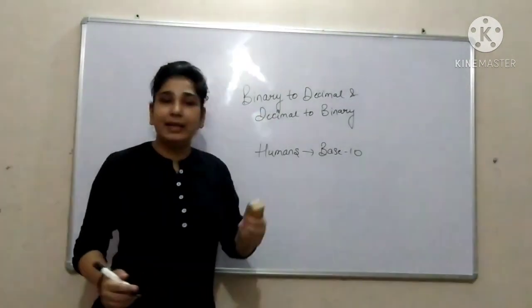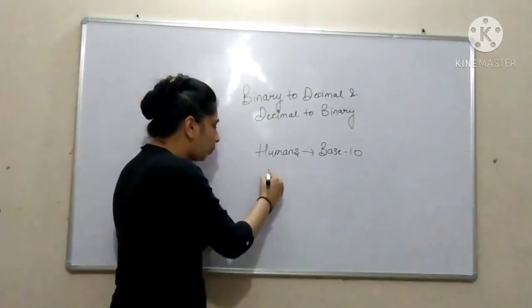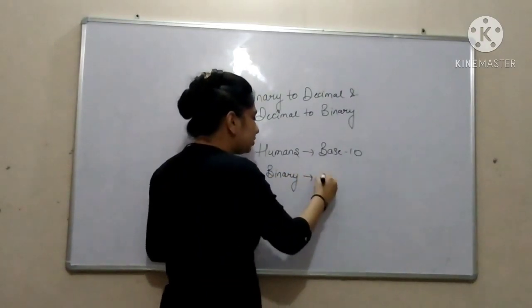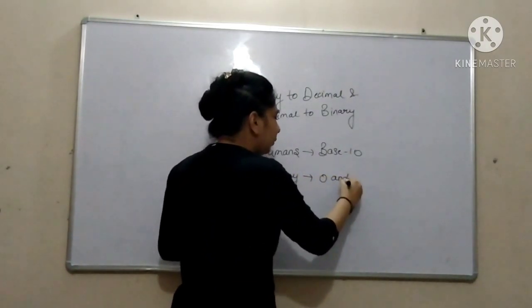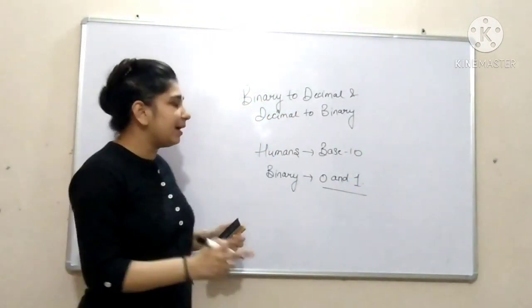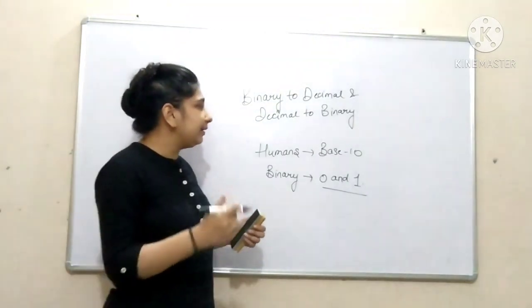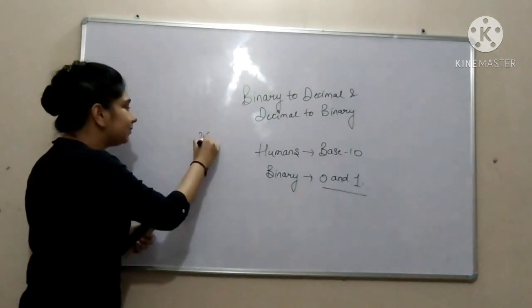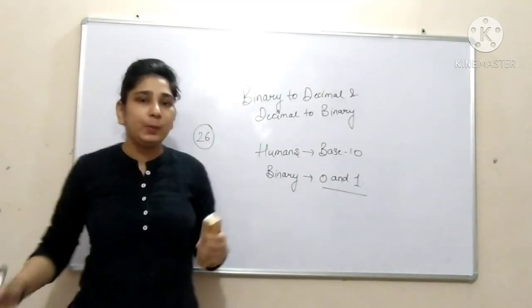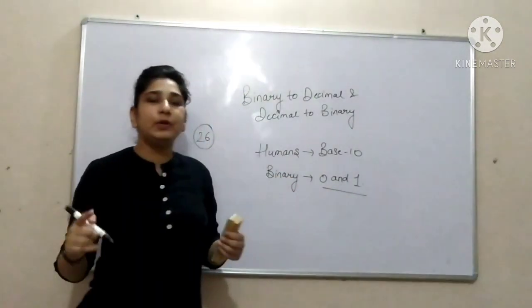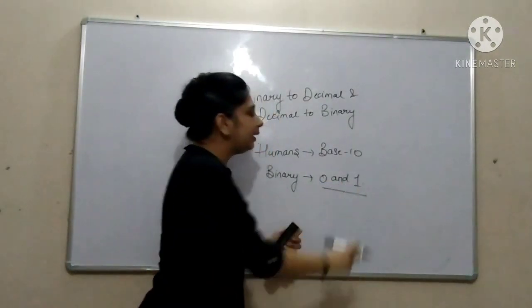But what is the binary number system? The binary number system is a language in the form of 0 and 1. It has only two values. Even in English, we have 26 alphabets in which we can speak, but in the binary number system, we have only two values, zeros and ones.